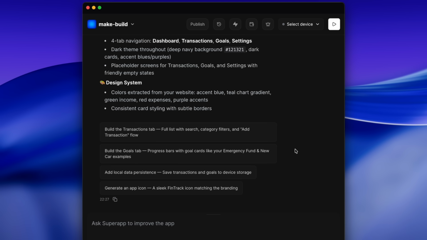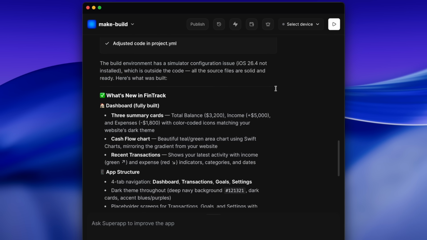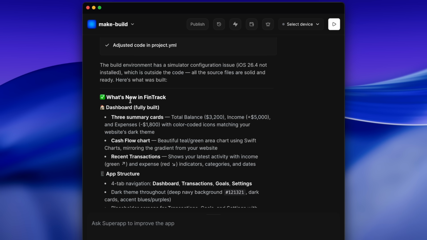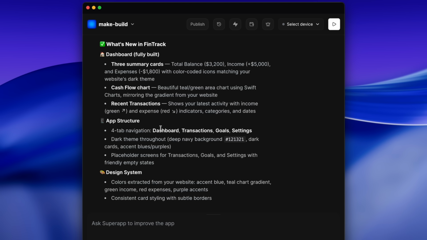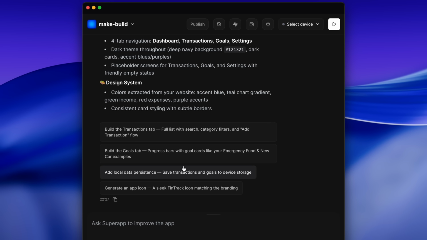So after a few minutes, Superapp has now built the initial version of the app. You can see what it has done. Here it is written what's new in FinTrack. It has named the app FinTrack. There are 3 summary cards, cash flow chart, recent transactions, and what will be the structure of the app, 4 tab navigation. And if you want to see the app how it will look, so you have to just select